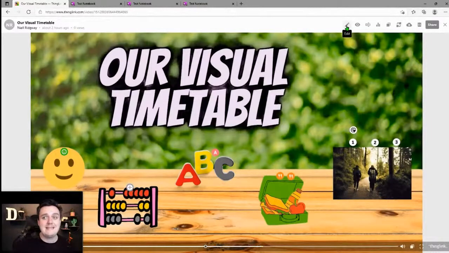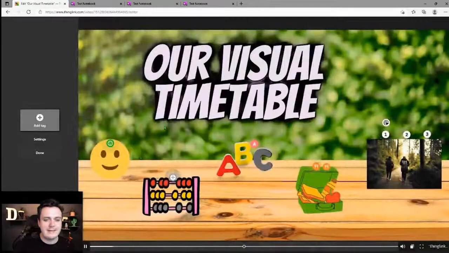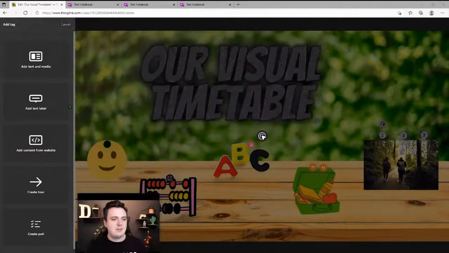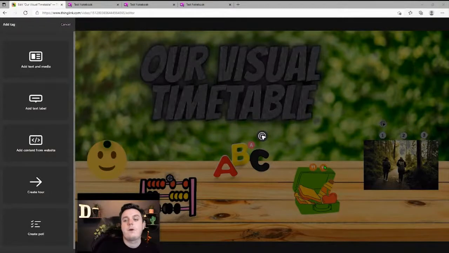I'm going to go into edit now to show you what that looks like when you're in the edit mode. So I could add in another tag, just to show you there as it moves. So we can add in just text and media. So that would be like the handwriting one there. We've got the text label, so that would be like the emotional check-in. We've got add content from a website, so that would be like the Bing Maps or like the maths one there, where you click on the button, and it sends you to the website. We've also got that for the